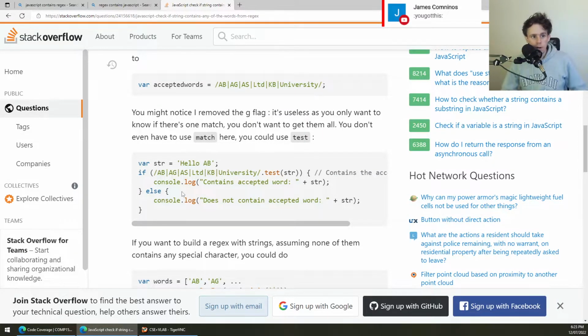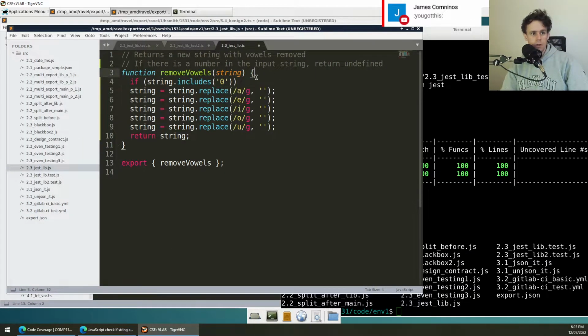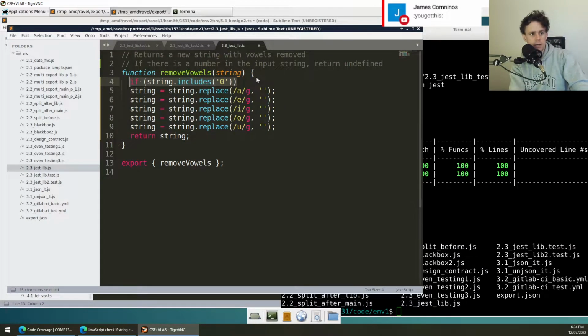Yeah, so a very simple one here. You can write a statement to check if something's inside something else, and I'll just show you here. One really easy thing to do with regex is, you say, hey, if